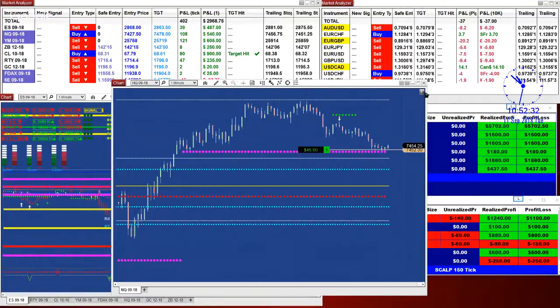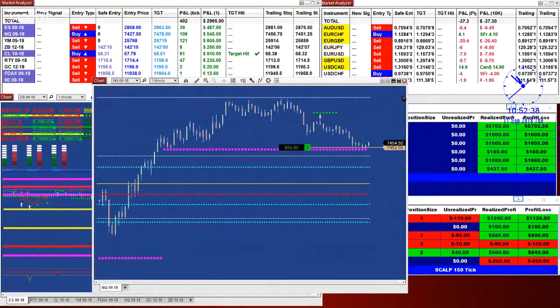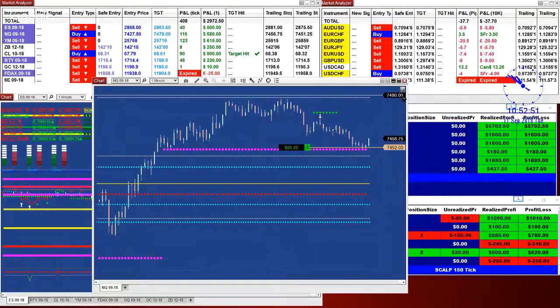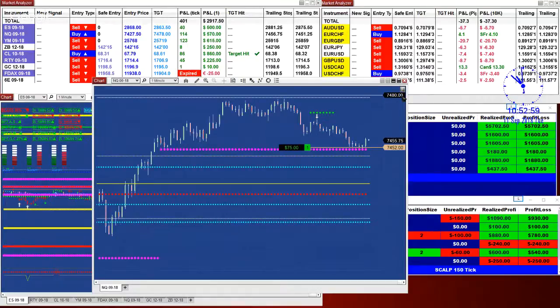I called only one trade. I try to call one or two trades a day, but I don't want to sit down all day long and call the trades. The whole concept here is to teach you how this market behaves when there is a chop in the market, when the market is not tradable. I like to show you this. I don't want it to be just a call and a trade, and then you're not going to get anything out of it.